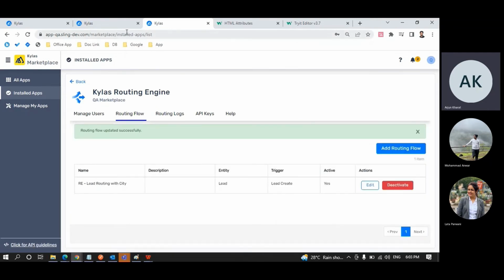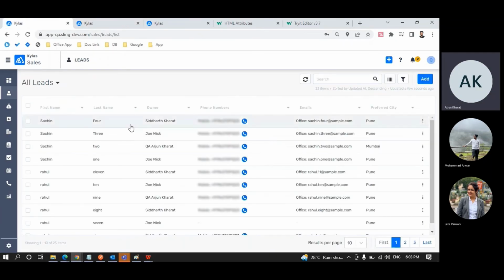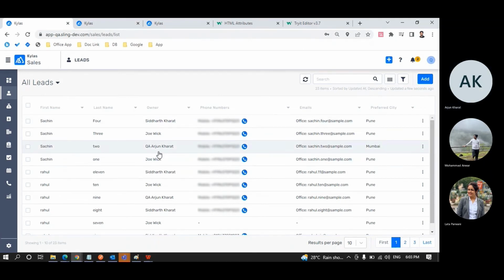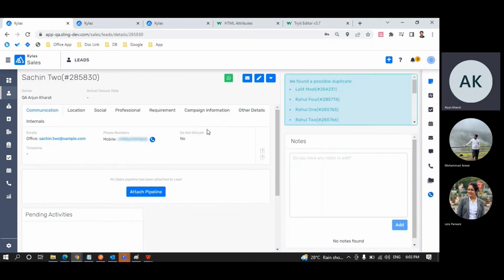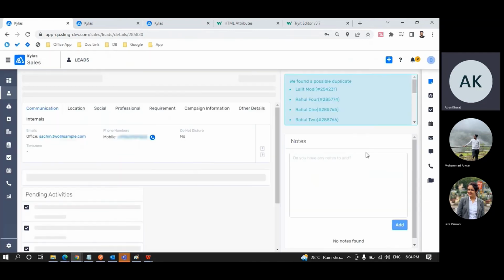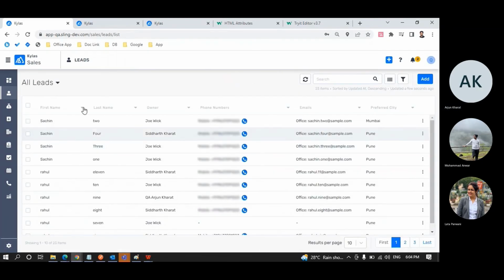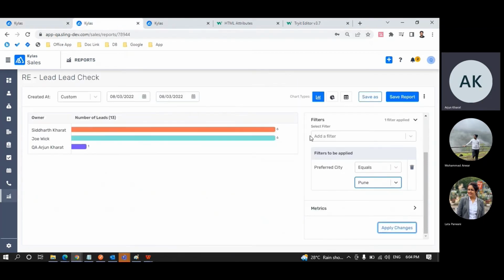So let me save this and click here for apply changes. Now let me add a manual lead over here. What I'm going to do for this one is add it and change it to Joe Wick. Now if we go back to our report again and actually see,